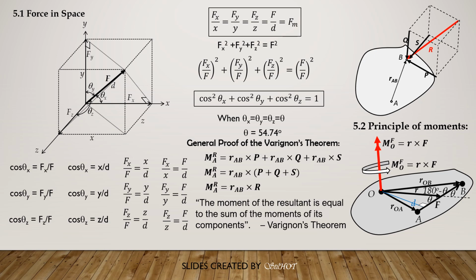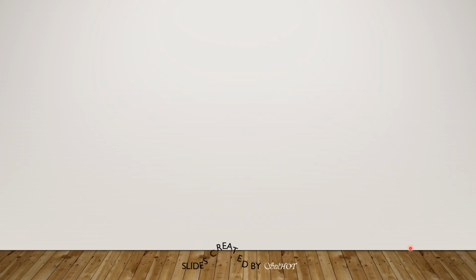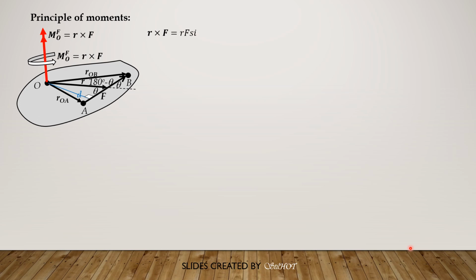So D is R sine theta. So R cross F by definition is magnitude of R, magnitude of F times sine of theta. Rearranging, R cross F equals F times R sine theta, and take note that R cross F is the moment of the force about point O in vector form,